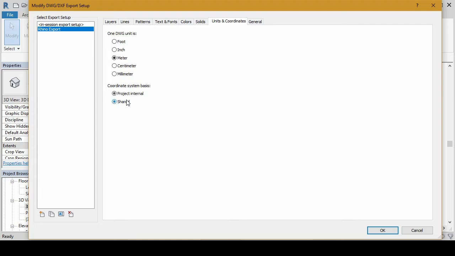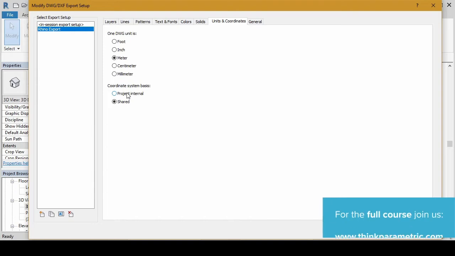If the survey point moves and you choose shared coordinate system basis, that survey point is going to be the origin of your exported data, along with the orientation. So if I now choose shared, it's going to export this DWG file using the true north orientation and not the project north, which is what I want.